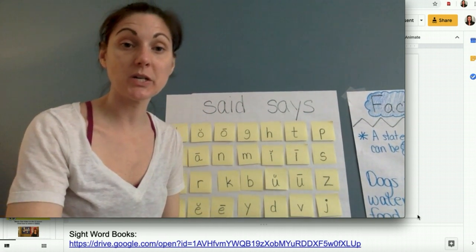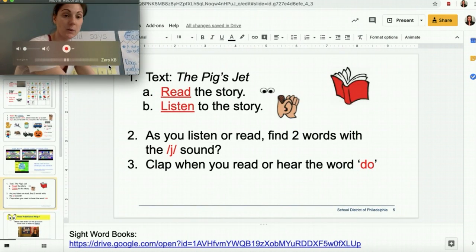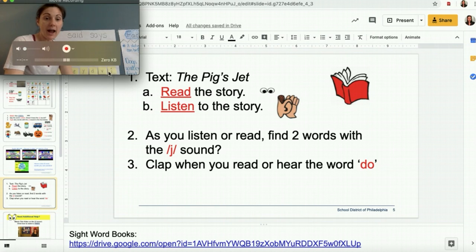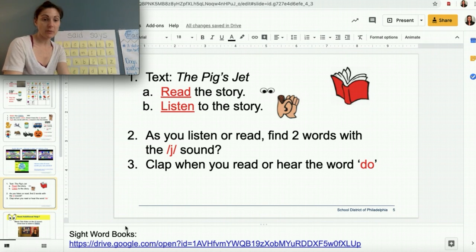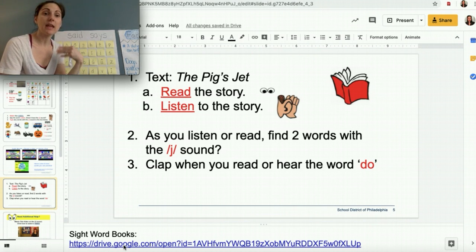All right, so that is your decodable reader. And let's check out what slide number this is. I'm writing these notes down. So that is slide 5, I can put up everything that you need to access at the end. Before we go on to steps 2 and 3, I have a little note here for sight word books. So the book we just did was decodable, where you sound the words out. There's also some sight words in there. But then you have sight word books that you can practice too. And sight word books are very repetitive, right? Because the idea is just to get that sight word in your brain,